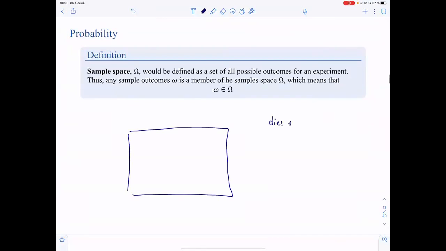It has 1, 2, 3, 4, 5, 6 on the edges. A coin. It has either a head or a tail. The sample space is a set of all possible outcomes. Well, in my case, 1, 2, 3, 4, 5, 6